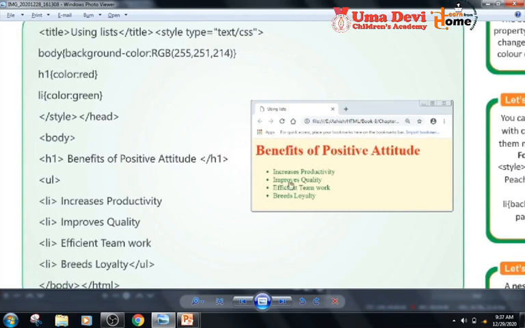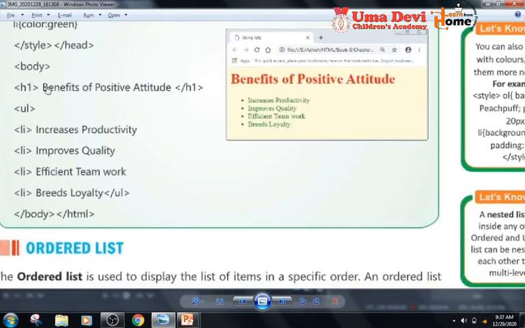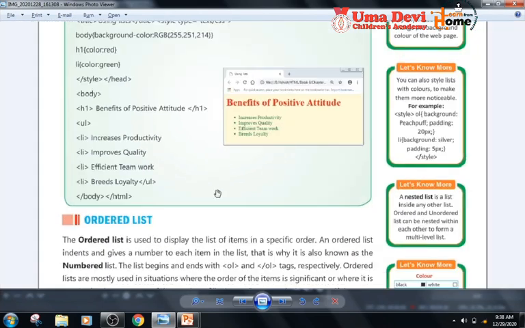Now heading 1 is color red and list color is green, so the heading color is red and the list color is green. Look here, the heading 1 is Benefits of Positive Attitude, it is in red color, and the style set was given for list green color, so it is green. The unordered list is here, so you can see these are the bullets. The bulleted list is this, and the list items are written here. So it's very simple.